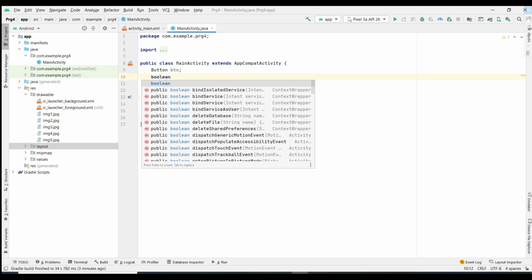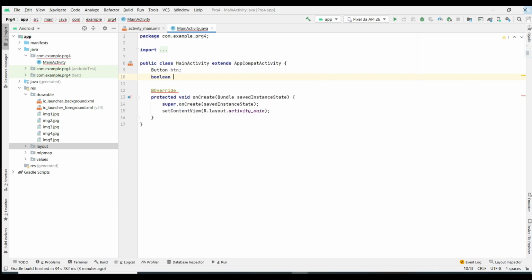That means it will be running or not running. These are the two states we have for this application, right? If it is running, that means the wallpaper keeps on changing. If it is not running, it will be in a constant, that is a static state, right? So that's why we are going to make use of boolean r, whether it is running, or for your reference you can give it as running also.